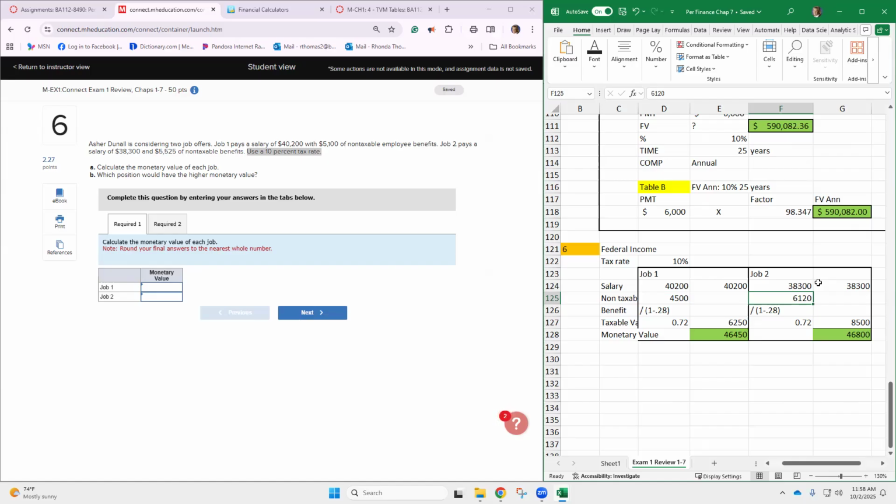One benefit, they both are non-taxable benefits. That's good. So put down the amount of the benefit, put it down somewhere. Mine is $5,100 for job 1. My benefit for job 2 is $5,525. And I've got to divide by 1 minus